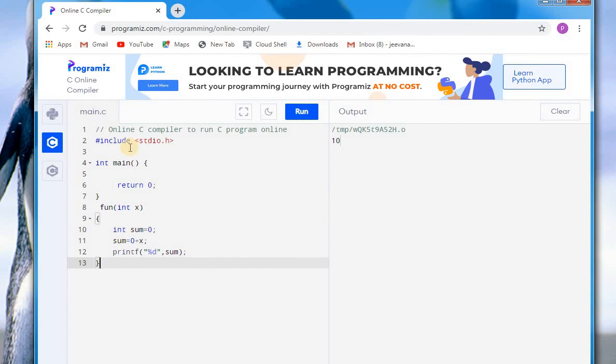Now here I'll take a value that is int a is equal to.